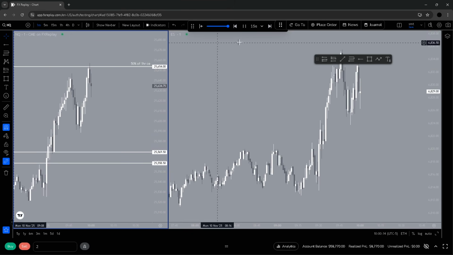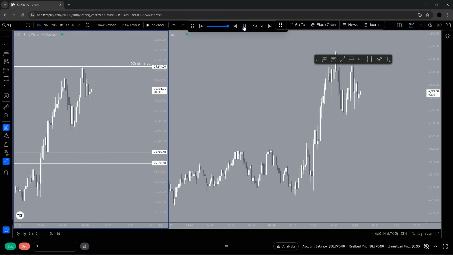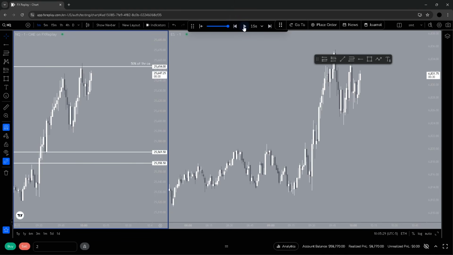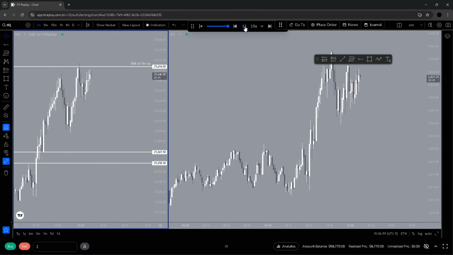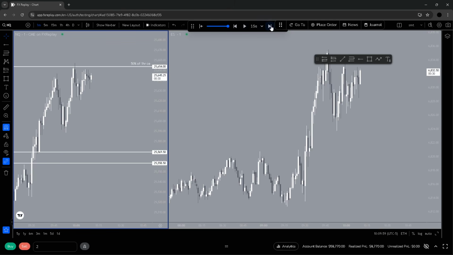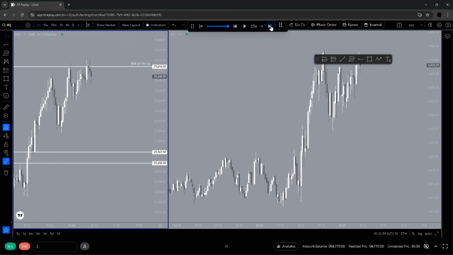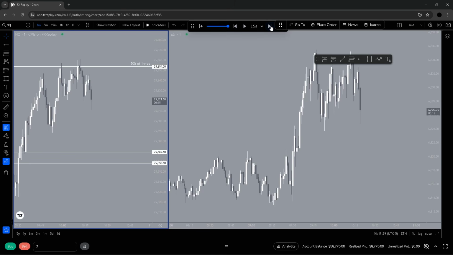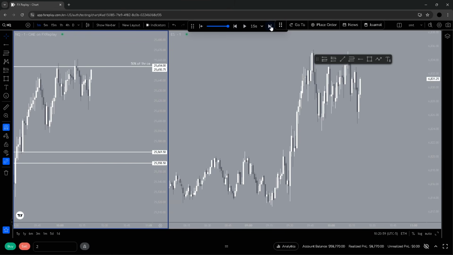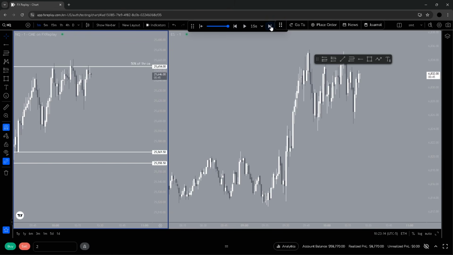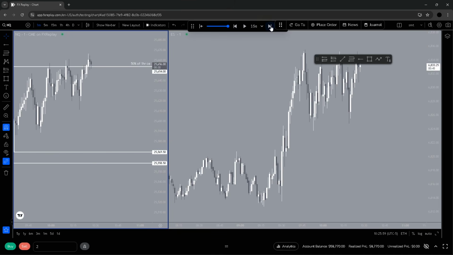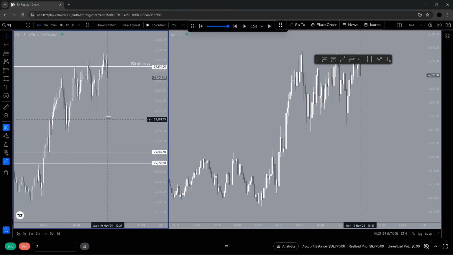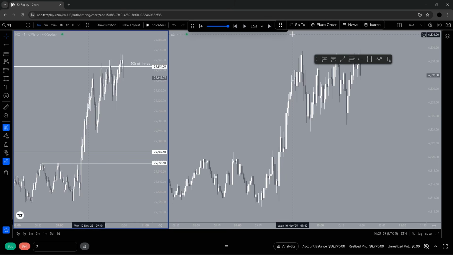So we want to rebalance, generate liquidity, run to the 50% CE. Right, then what do we do off the 50% CE? Tap into the order block. Do we want to keep going higher or not? So manipulating higher multiple times, displacement lower, rebalance, displacement. My narrative is now switched until I'm proven wrong. So yeah, manipulating highs again. So we're most likely just going to keep chopping higher gradually until we meet some sort of draw on liquidity.